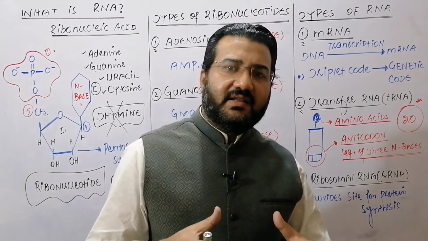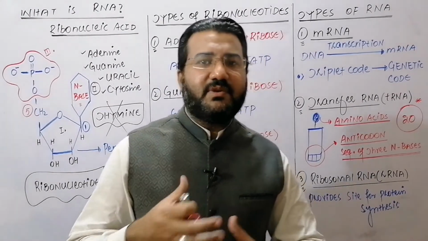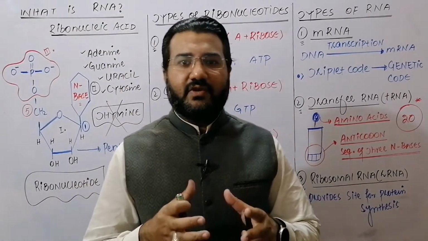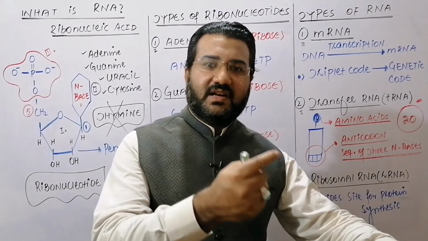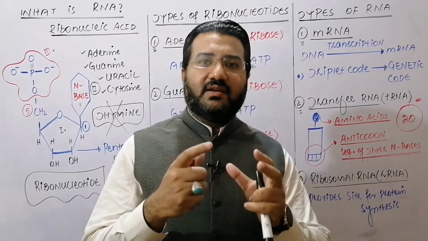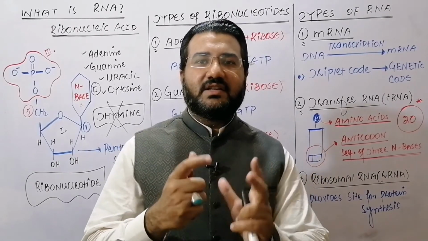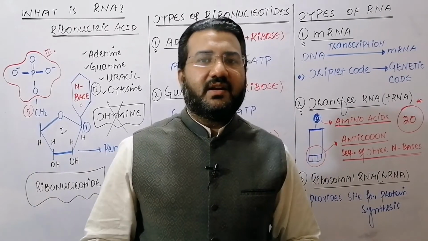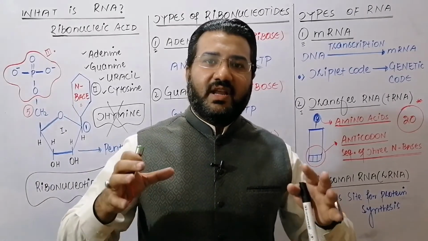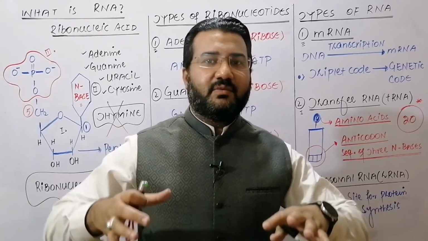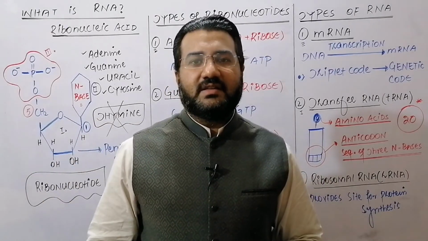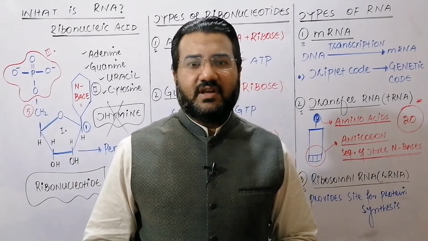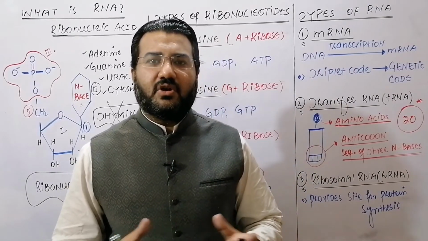So basically, gene expression takes place through protein synthesis. The information that DNA carries is given to the messenger RNA. That messenger RNA takes the information, and then the codon and anticodon combination joins the amino acids in a long chain that is called the protein. So DNA basically has the information and RNA expresses that information through protein synthesis. That is the function of the ribonucleic acid. So it was all about the RNA.